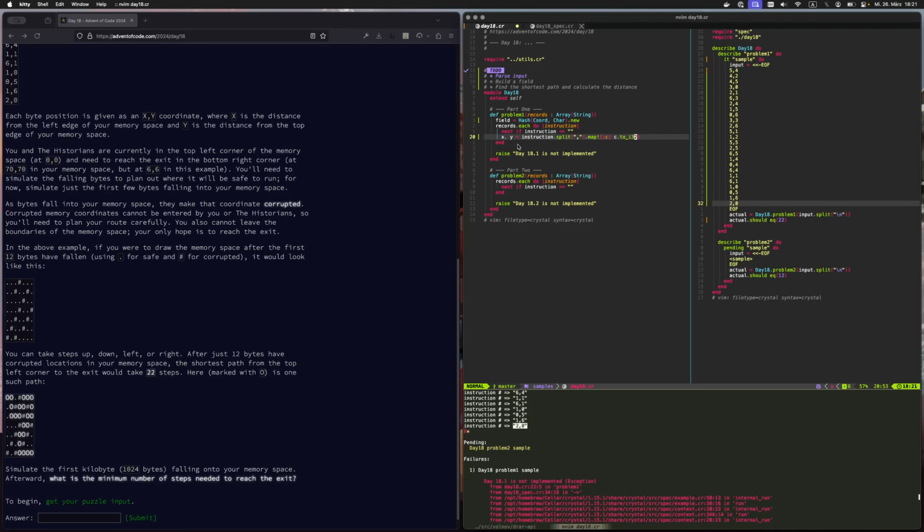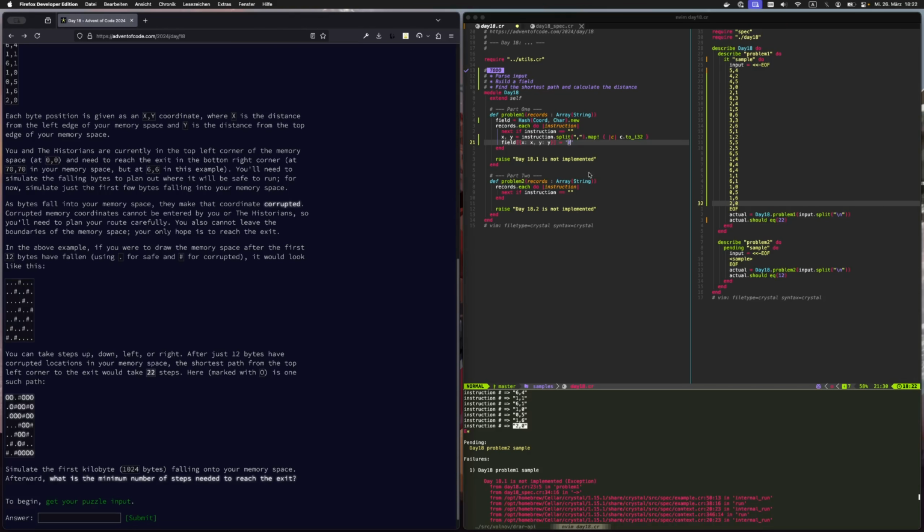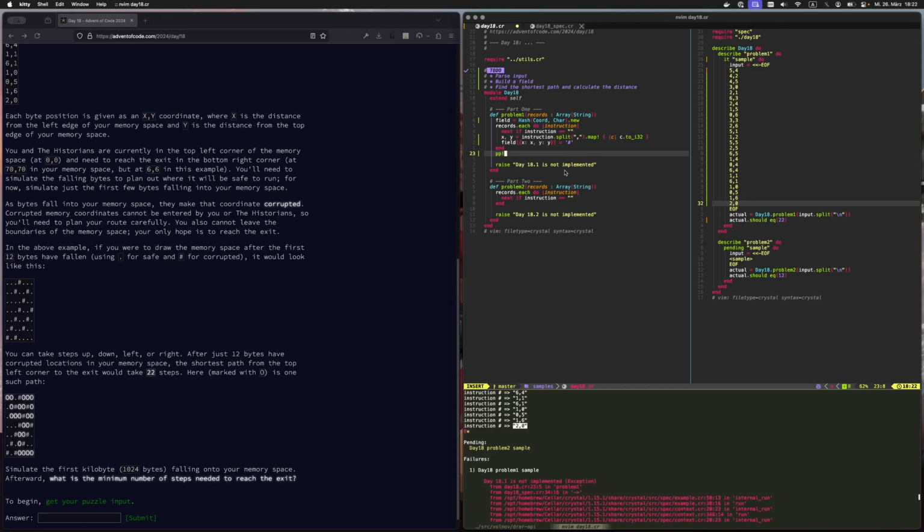Probably 32 is enough. And then we add this field, this key, and we put a similar symbol as here. Right. So then we can do field,